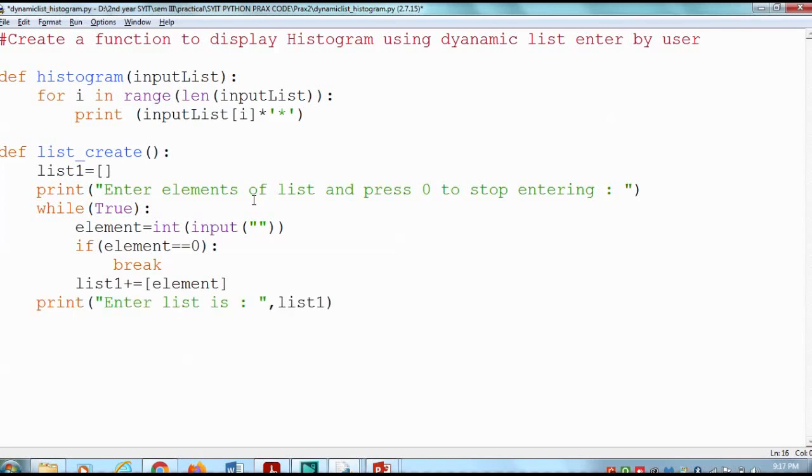Now print the entered list using the variable name list1. Now display the statement histogram as follows, and call the function histogram with the parameter list1.